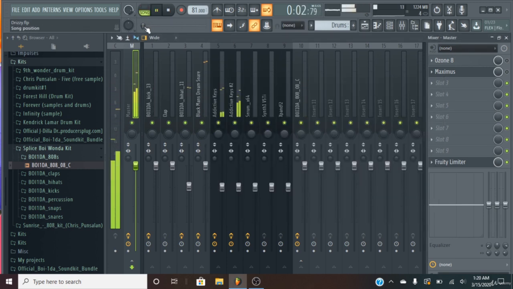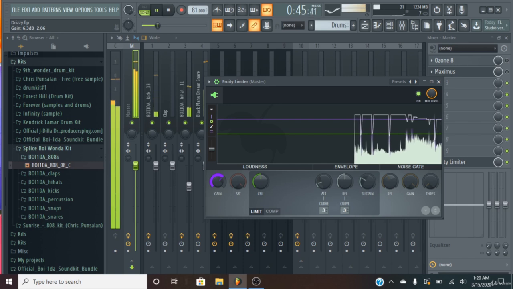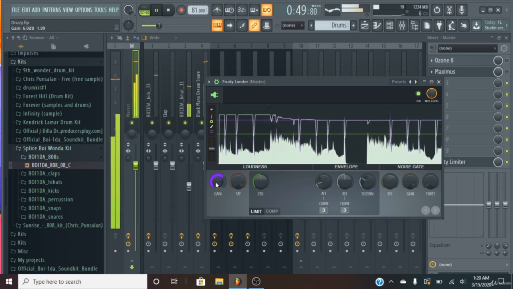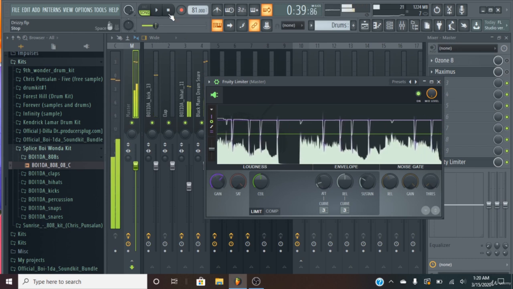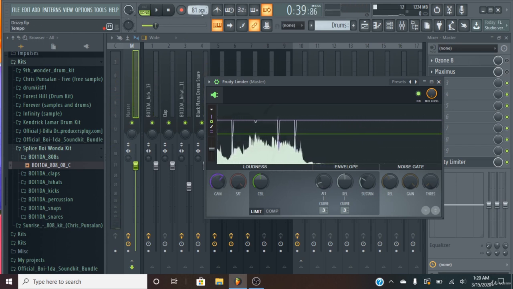Let's do the whole thing. See how loud it sounds when we do the whole beat? Sounds very distorted. You don't want to go too high to where it distorts. That's why you want to find a quality limiter like Ozone, or even Maximus is slightly higher quality than Fruity Limiter. But for testing purposes, Fruity Limiter is really good, and it kind of shows you the basics of limiting,